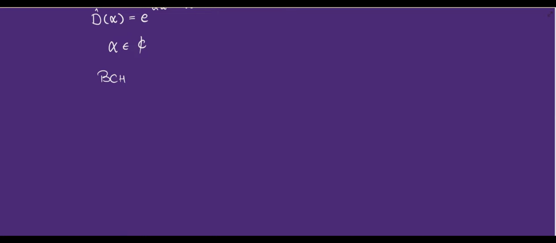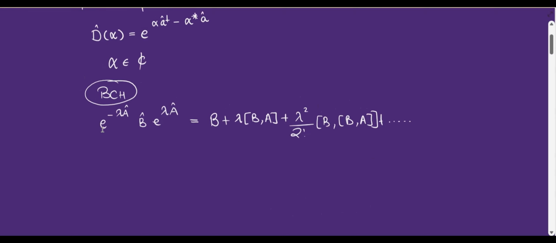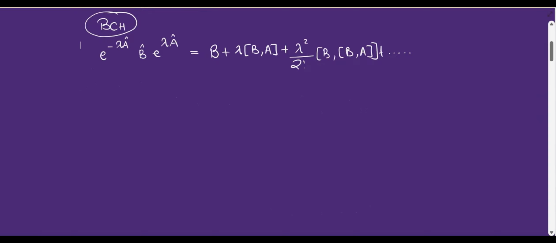It says that if we do this kind of a transformation on an operator B, then I can decompose it and write it as B plus lambda times the commutator of B and A plus lambda squared by 2 factorial times the commutator of A with that commutator, and so on. Now this is a very important decomposition, just like the Taylor series, I would say, which is useful in deriving a lot of stuff. So that is why I'm mentioning it here, and I'll be using this extensively throughout this